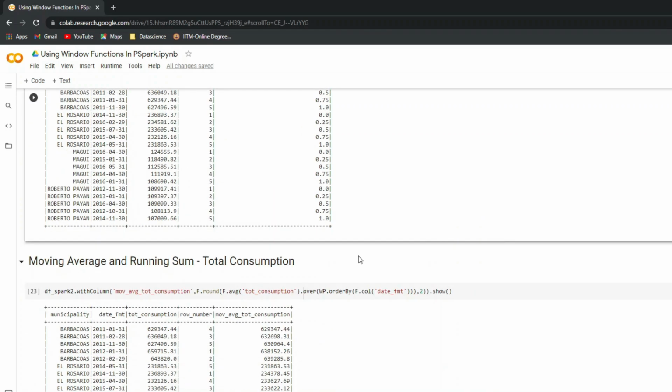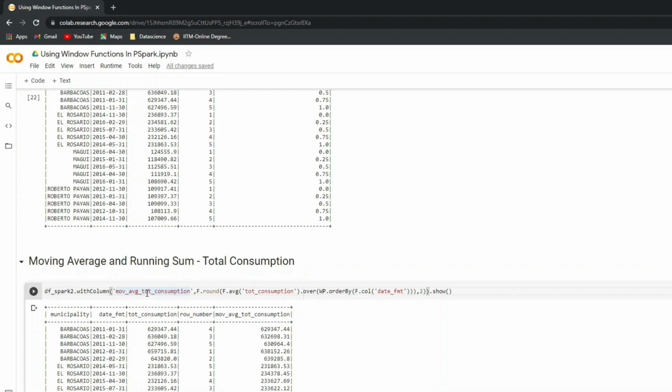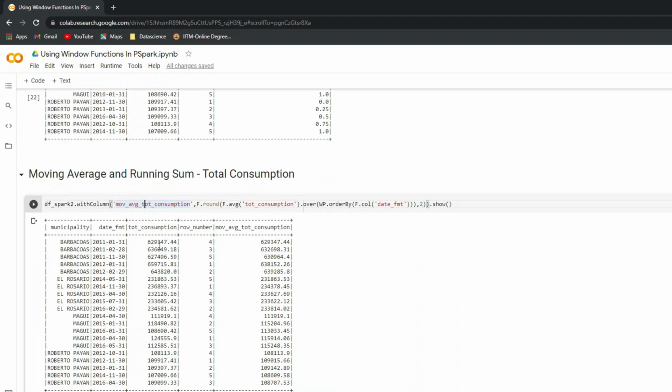And then if you want to take the moving average and running sum or running total, for that also you can make use of the window function. So I create a new column here called moving average total consumption, and then say average, and then the window function ordered by my date. And you see the value here, the total consumption here is somewhere around 629,347.